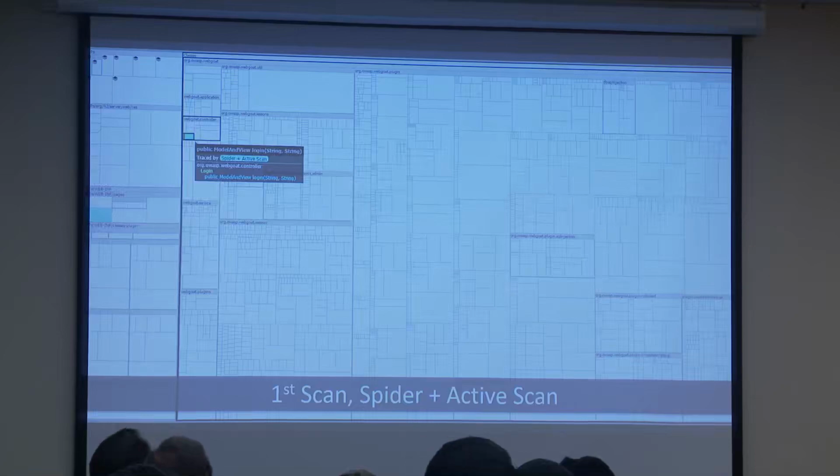I gave ZAP the URL for WebGoat. I let it spider. I let it scan. But really, I didn't cover much of the app. I only covered the login page. But by looking at this picture, I would be able to quickly see the fact that I didn't really cover